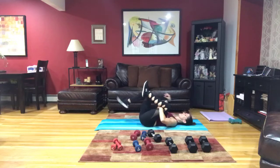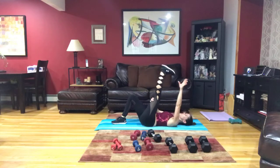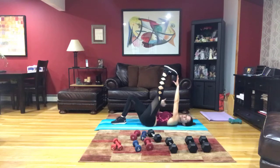Let's take that left arm to the floor and extend the right leg up, rotate the ankle. Other direction. And center, flex and point, flex and hold, and reach for those toes. And then as you keep doing that, those heavier weights on those 15 seconds, they could eventually become your medium